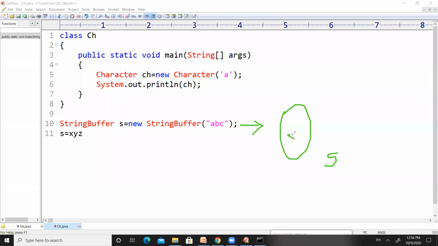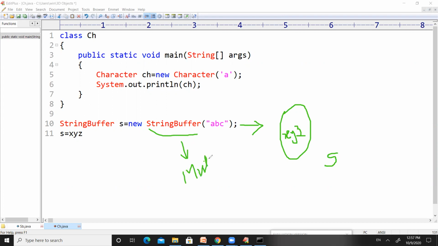In this object, it will store ABC, and whenever s is modified with XYZ, the changes will be performed, right? So this ABC will be erased in the object, and in place of ABC, it will be updated with X, Y, and Z. So once the space is created, all the changes will be done in the same space. That is why StringBuffer is called mutable.